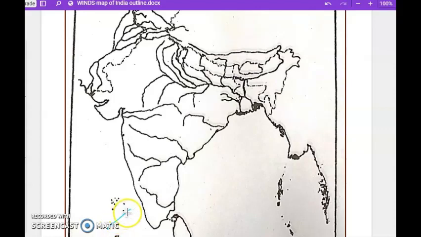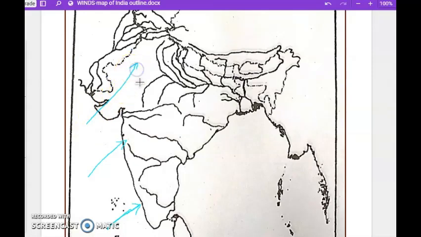You can see that I have already drawn a line over here. This should actually extend to the Malabar coast where we have the state of Kerala. Same place we have the Malabar coast, one arrow hitting this particular coast. Second arrow, you can show it hitting towards this part. Third, we have to show it running parallel to the